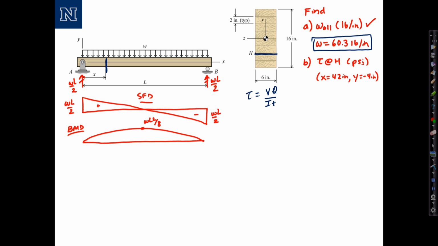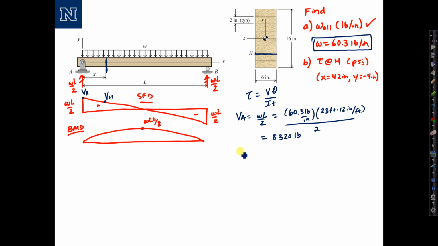So we need to start by computing the shear force at that location, which if I drop down is going to be right about here on our shear force diagram. Let's start by computing V sub A at the end and then go from there. V sub A equals WL over 2, with W of 60.3 pounds per inch. The length of the beam given in the previous problem, 23 feet times 12 inches per foot for the conversion factor, divided by 2 is a value of